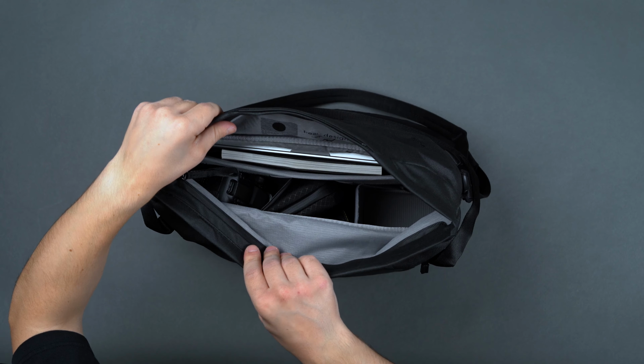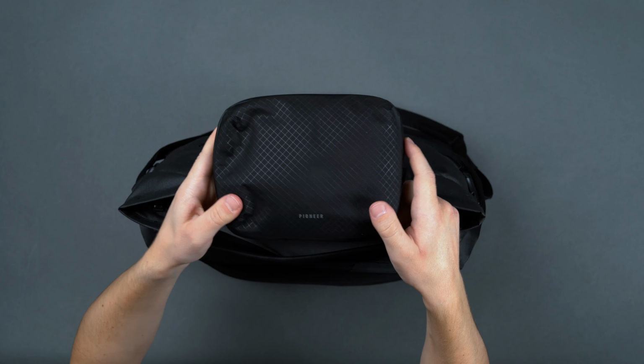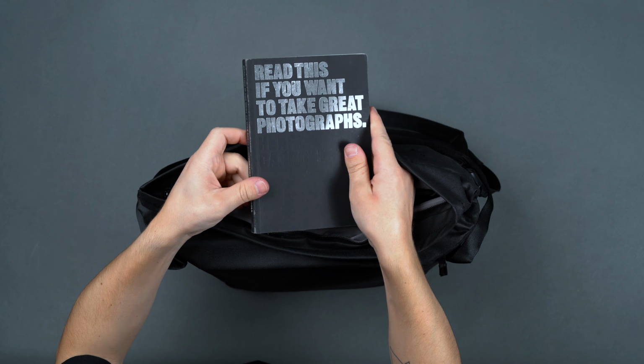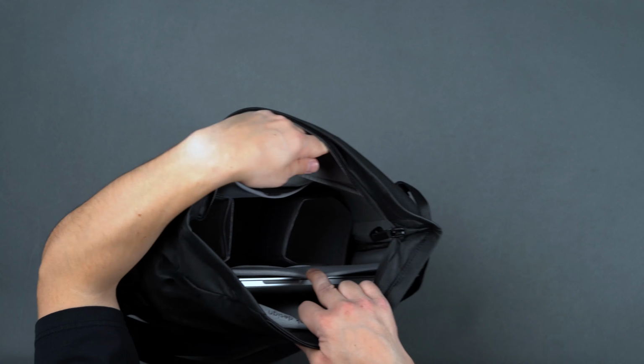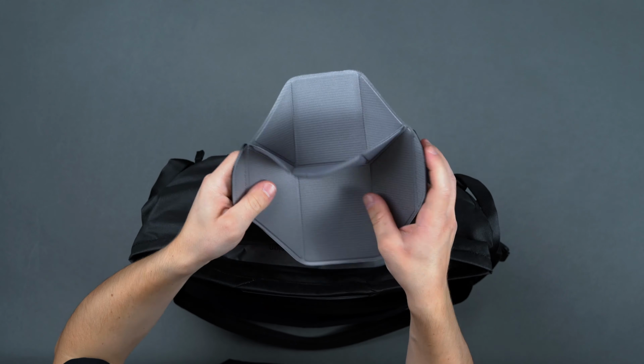In their default configuration, we carried a lens and a DSLR with an EDC organizer, pair of sunglasses, and a few charging solutions at the tote center, with a piece of literature and a 13-inch laptop in the adjacent subdivided sleeve. As a note, the modular FlexFold units flip up or down to provide full top-to-bottom access on the left